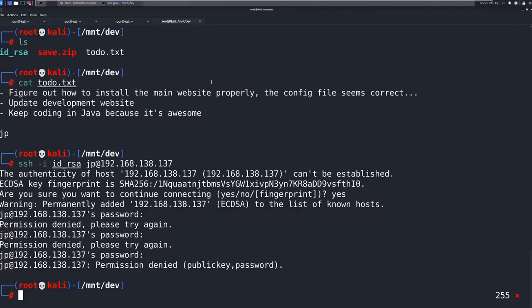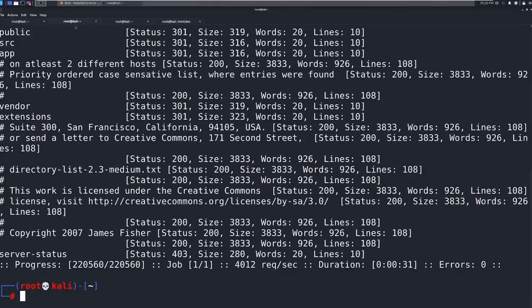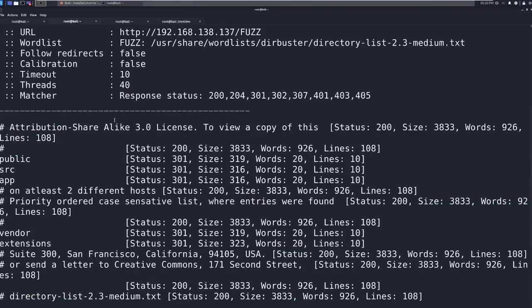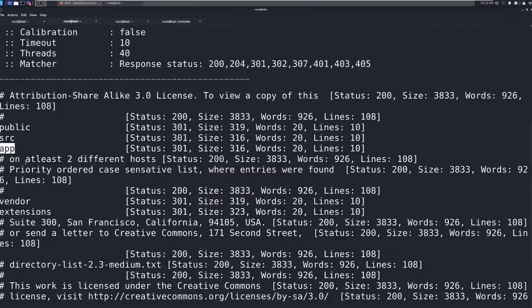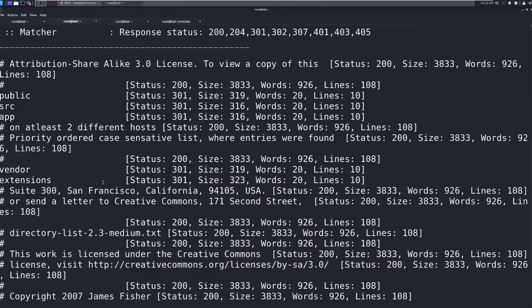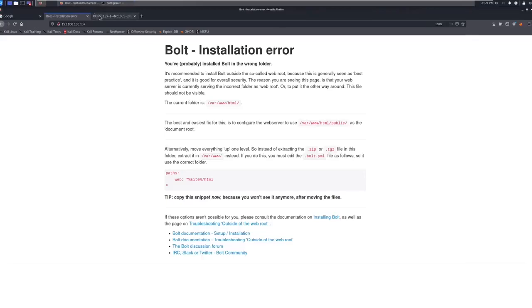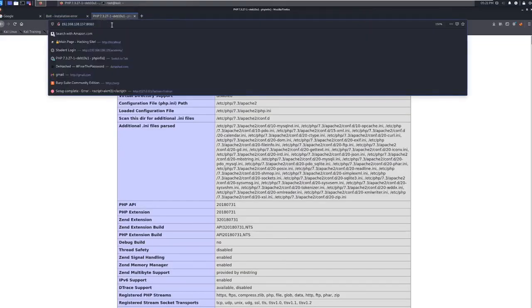We have this, we're gonna clear screen. We have this ID RSA file, and we have some information hopefully sitting here waiting for us. So on the port 80 side, we have a public 301, we have a source 301, we have an app 301, vendor extensions. Okay, so maybe we come in here and we take a look at that. Also on this side, we have a dev directory. So if we go in here and we just /dev,